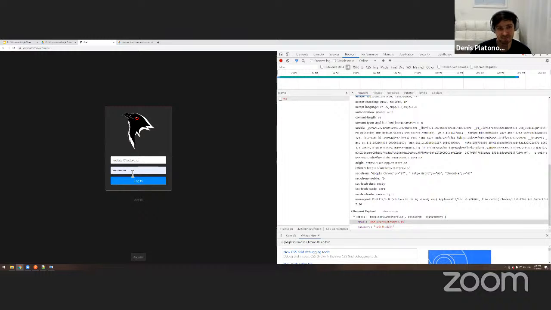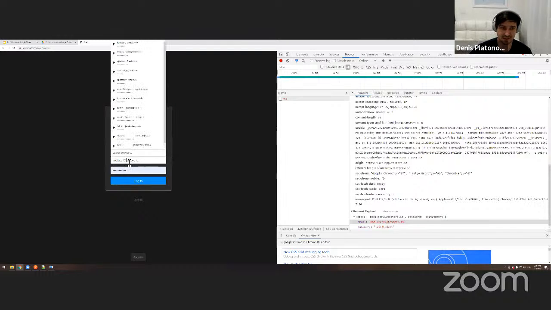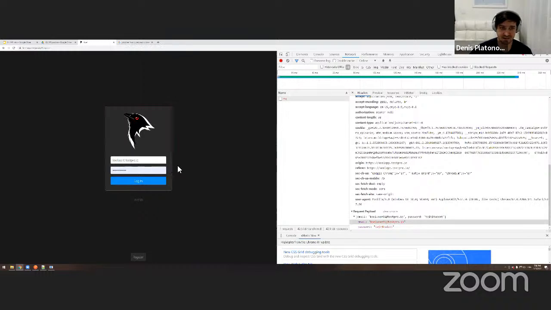Basically, front end is smart enough to see that the email is wrong, there is no @ sign, so it doesn't even bother to ask the backend. That's the difference. From a front end perspective, this is the test case and this is the error message.